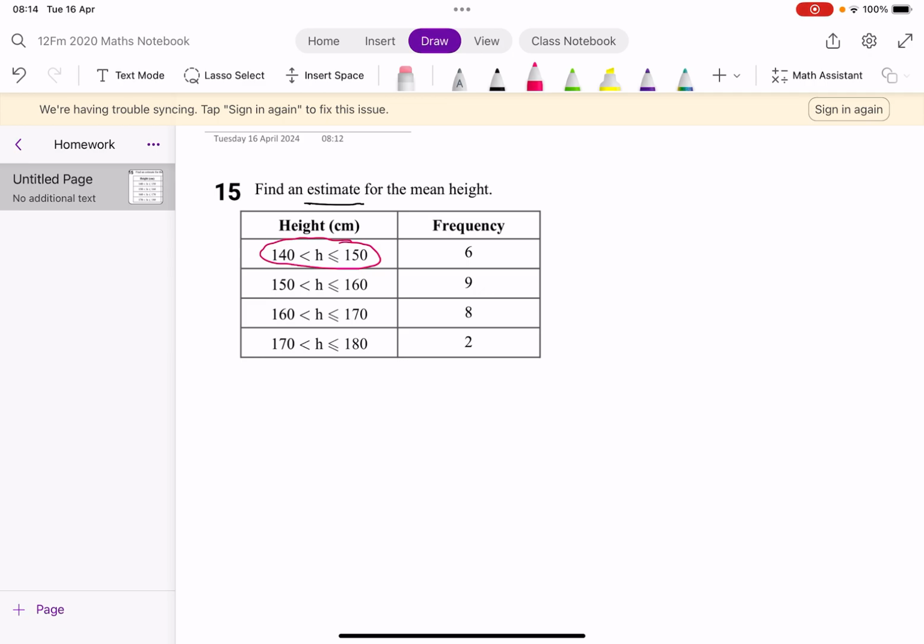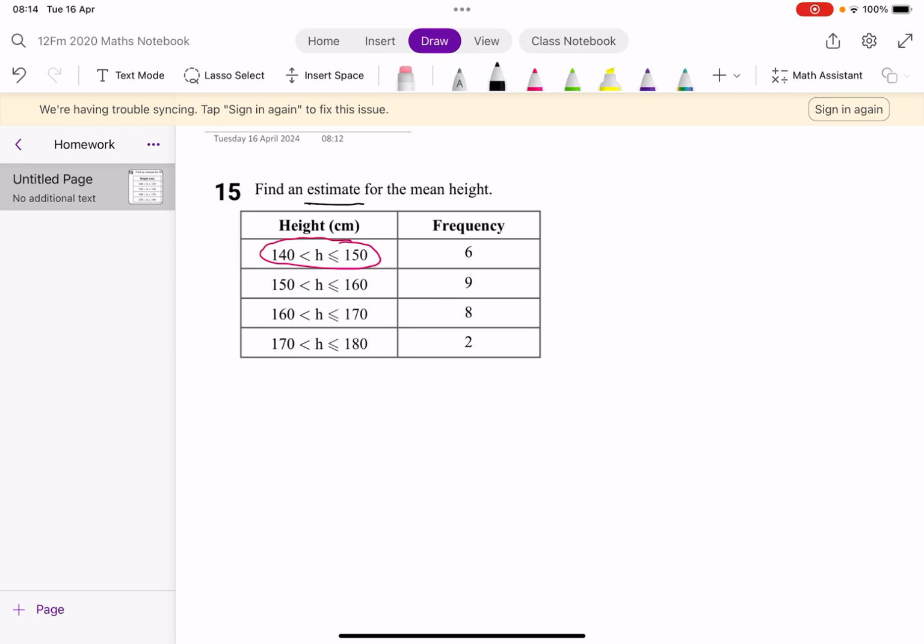So we don't know the heights of the 6 people, and I know the 6 people because the frequencies are 6, all right, 6 whatever it may be. So all I know is that those heights are somewhere between 140 and 150 centimetres. So because I haven't got the exact values, this question is called an estimate question because I'm not working with exact. So once we've got over that, we then have to realise that, in fact, I need to use some